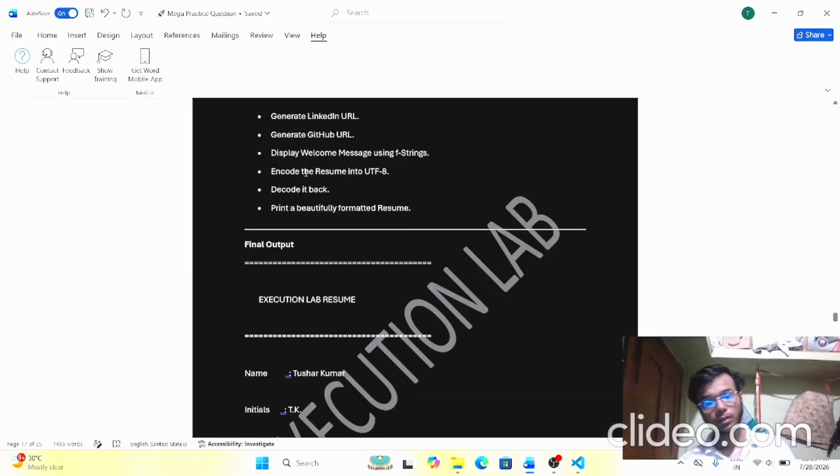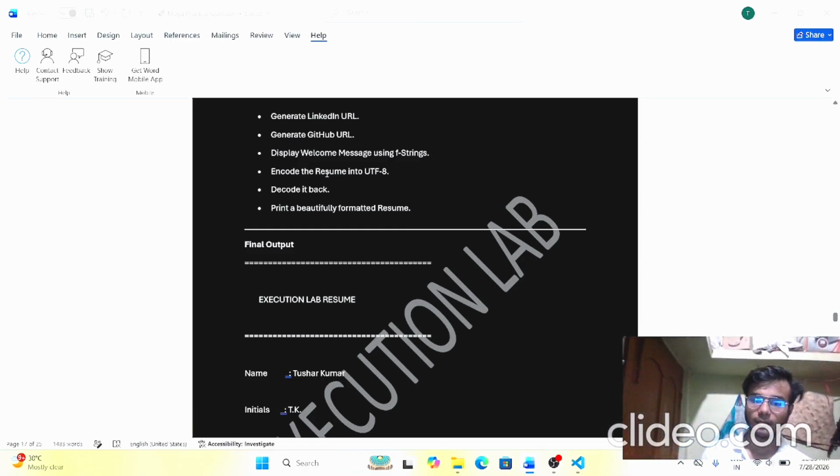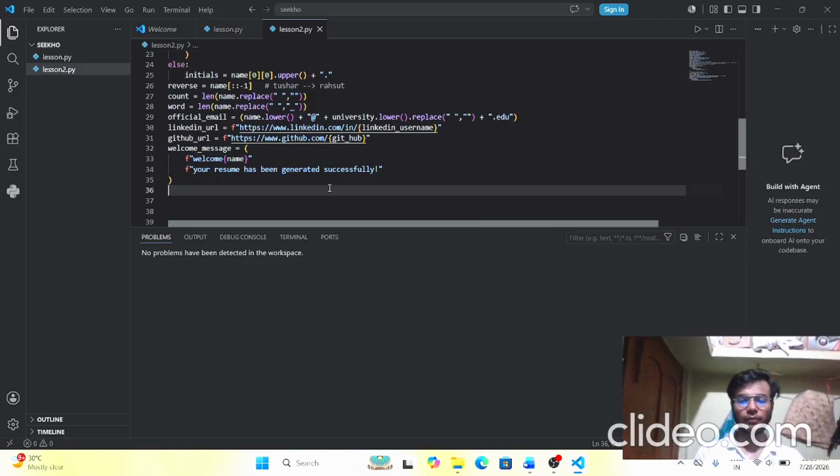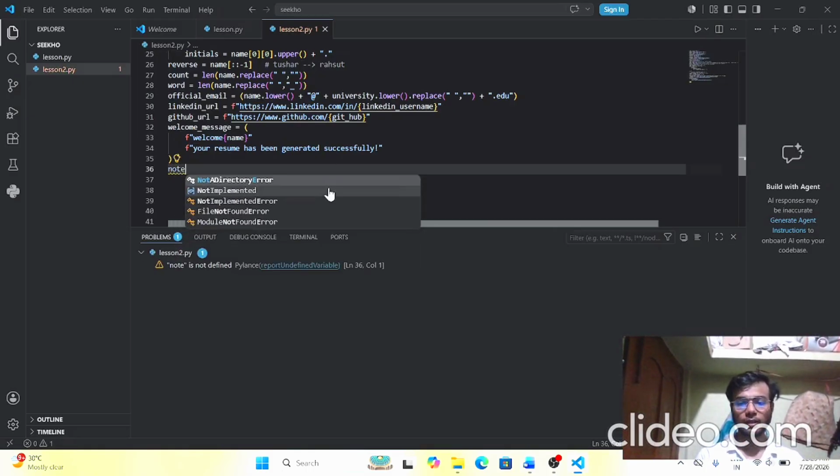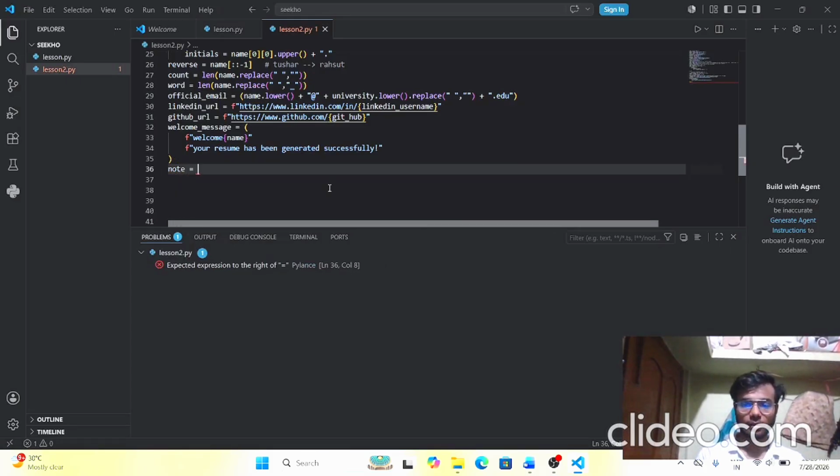Now encode the resume into UTF-8. Okay. First of all, we have to write their skills in the resume. So we can also add skills of that. So skills